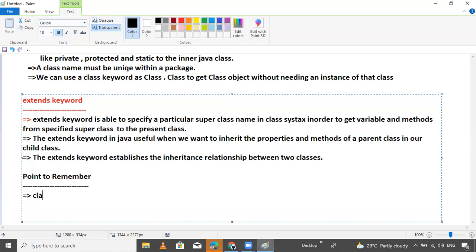A class can extend a maximum of one class only. That's it. This is rule number one. Now, second remember point: